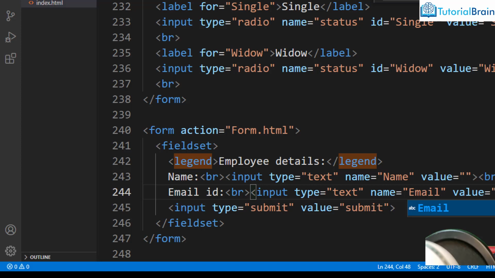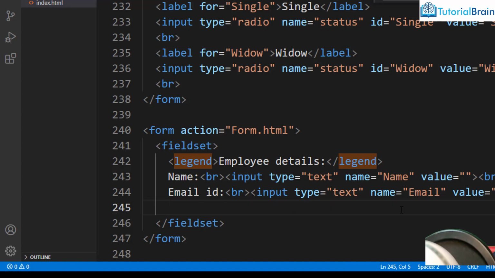Alright, and I'll just keep the value as empty. Okay, and you can also add a button. For example, I can also add a button as well. So let me just add something like this. Let's say I'll remove this input type as submit. Instead of this, what I'll do is I'll just add button, and I'll just say button type is equal to